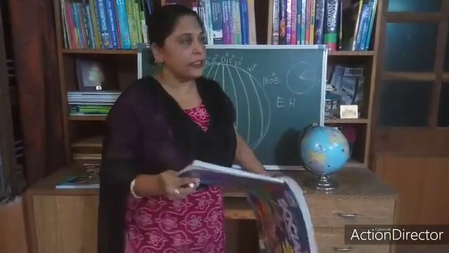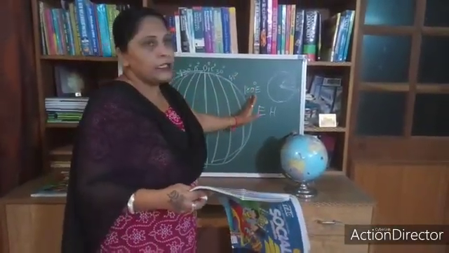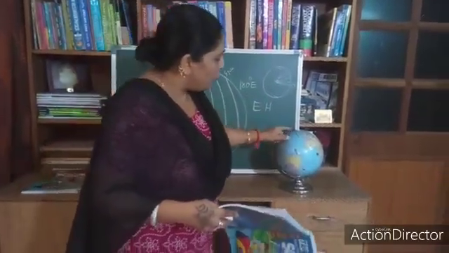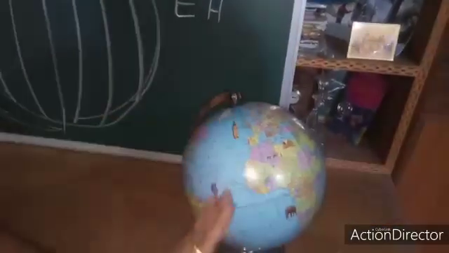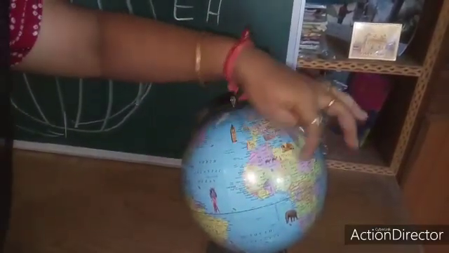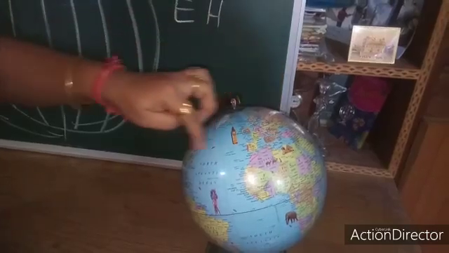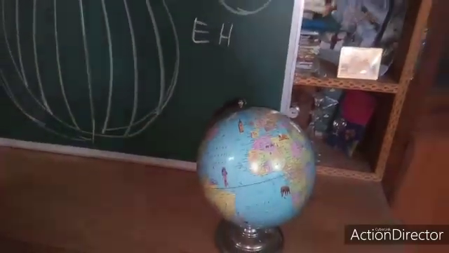A full circle has 360 degree. So totally it is 360 degree. 180 degree east, 180 degree west, from up to back. This is half of the circle. Half you take out. It is 1 degree, 2 degree like this, up to here 180 degree. From here to here 180 degree. So total it is 360 degrees.